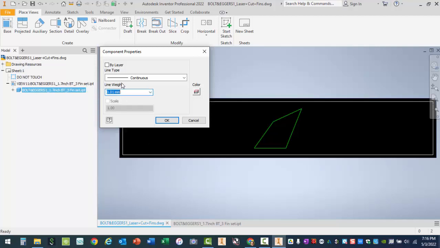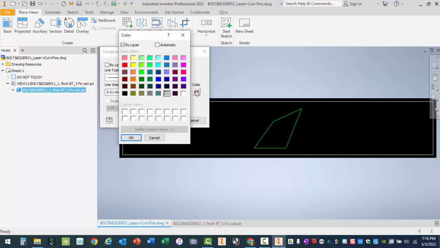But the only change we're making here is by deselecting by layer and changing the color. This is important. Color tells the laser cutter to either cut or to engrave. We're going to change the color to red. Select the red box, hit OK,